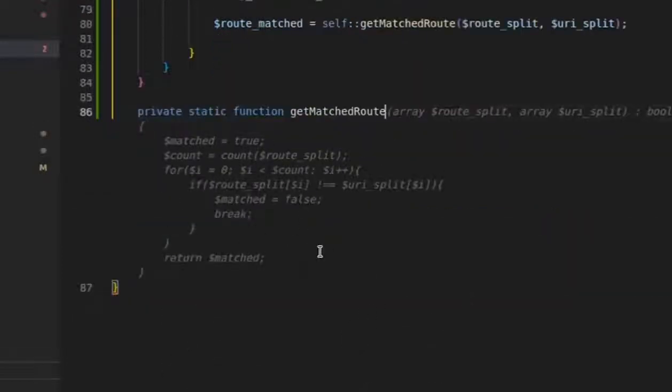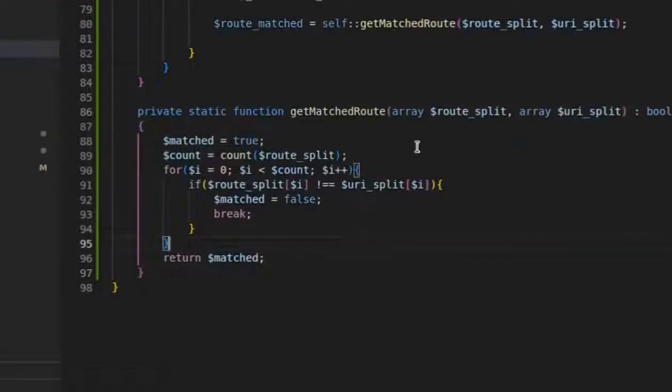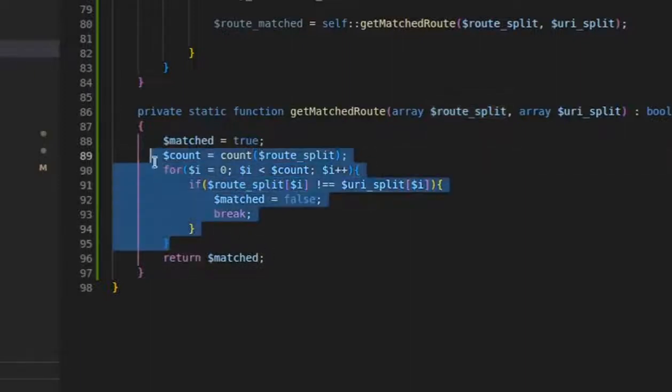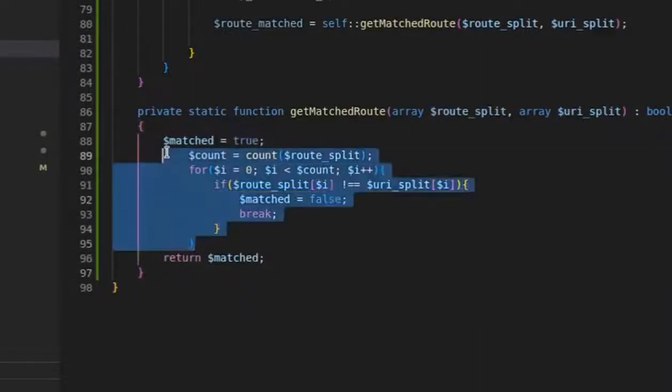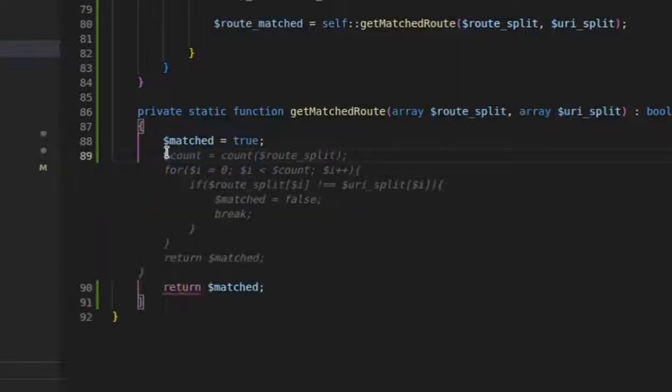Okay, let's go and see what my GitHub Copilot did. We're gonna accept the route split and the URI split. So we're gonna start by one. Okay, to make sense, yeah, let's do it. We're gonna start by assuming that the route is matched. Then instead of this, we're gonna